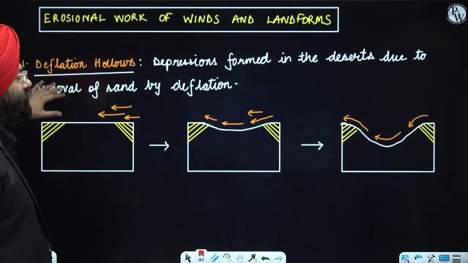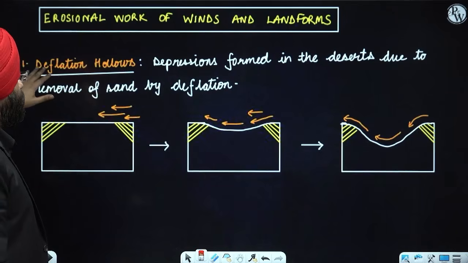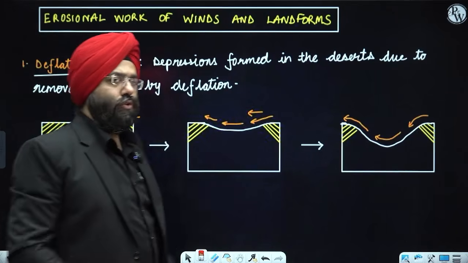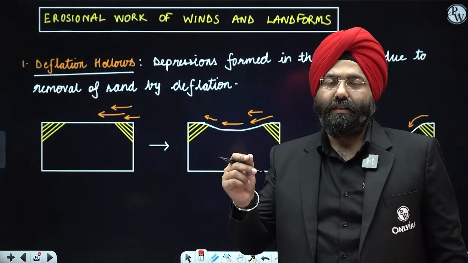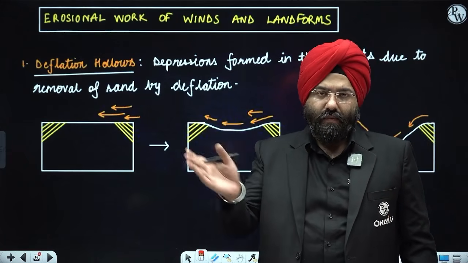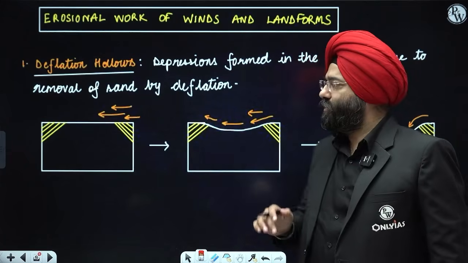So the first erosional landform formed by wind I've mentioned is deflation hollows. You know the process of deflation. Deflation basically means picking up or lifting up of the particles that are present on the surface and taking them away because of the velocity. Now let us assume, let's see,